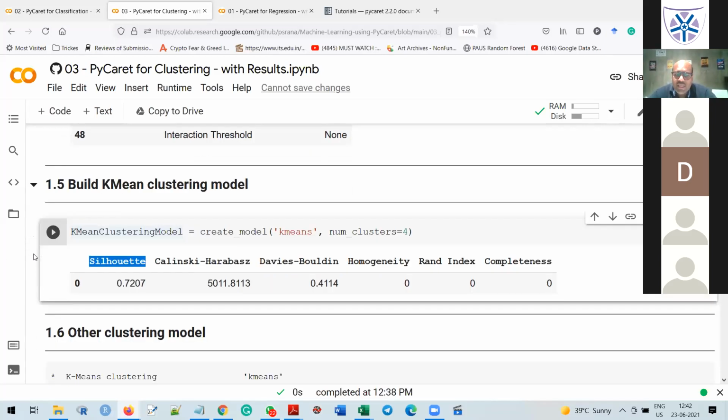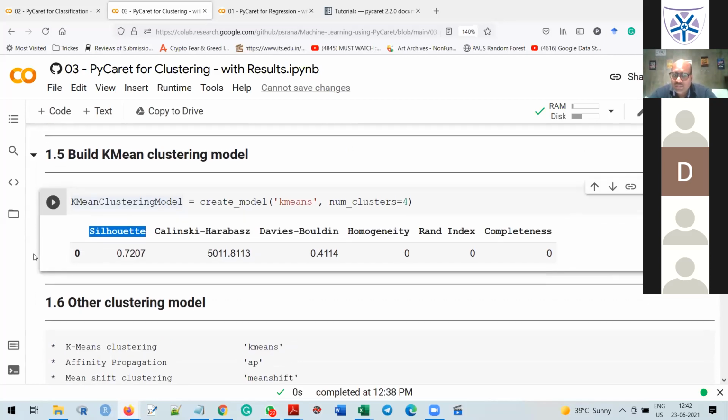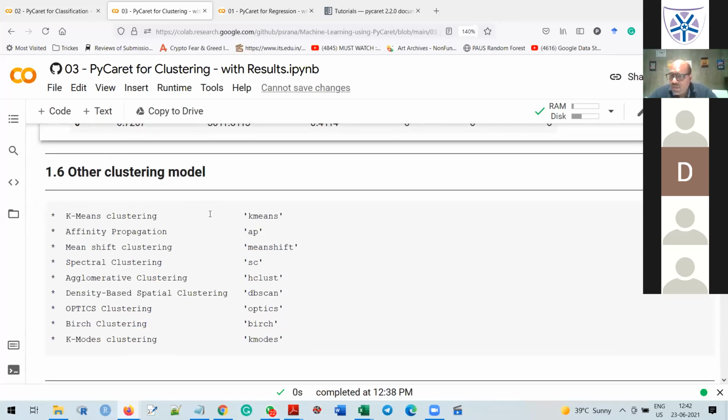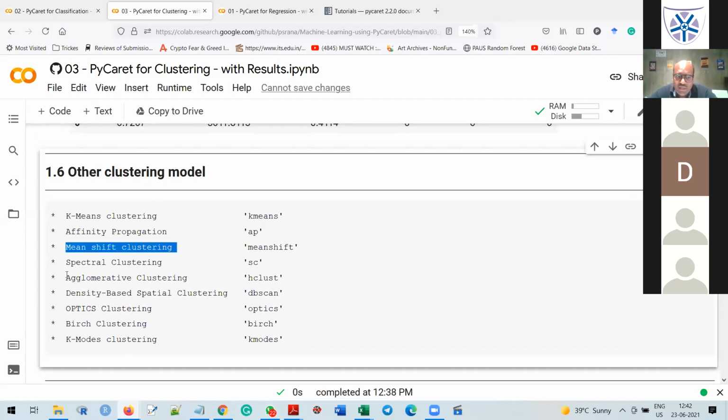Now come to the next step, 1.6. There are different clustering algorithms available, like affinity propagation, mean shift clustering, spectral clustering, and agglomerative clustering. Agglomerative clustering is also known as hierarchical clustering. Density-based is known as DBSCAN, one of the popular algorithms used in clustering.